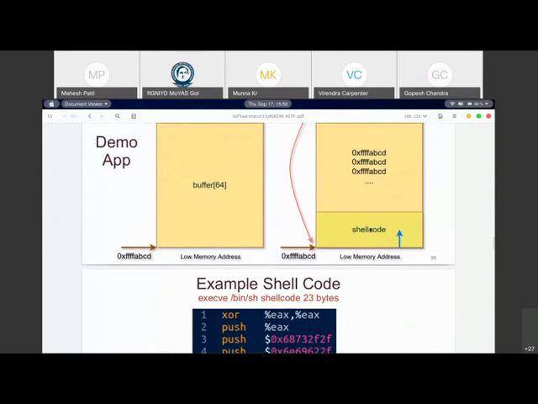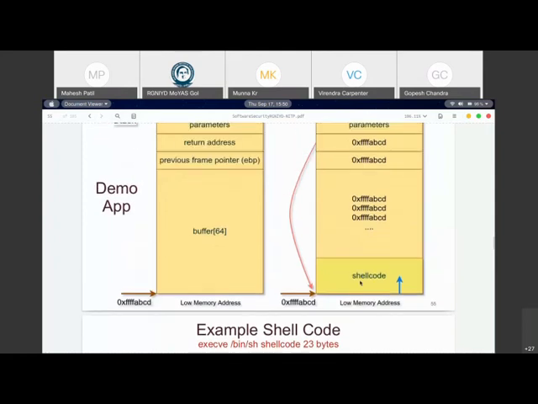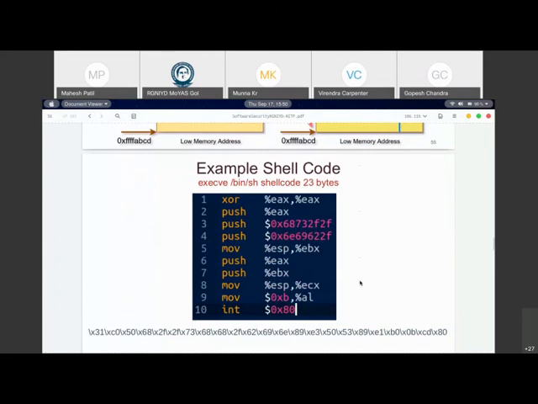So what is this word called shell code? Shell code is something which was invented long back. In the early days of buffer overflows, they used to invoke a shell to prove that the attacker's code got executed. For that, it is typically a set of assembly instructions which are converted into byte codes, and the byte codes look like this. This particular shell code is using execv.